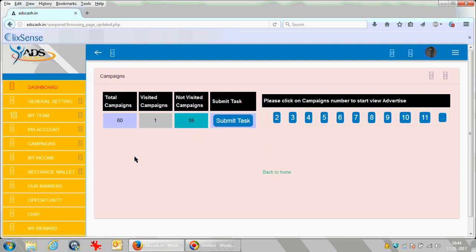Actually, for my package, the 24,000 present value package, I have to get only 30 links. Since I have joined 2 other people on my down link within 20 days, Booster has been activated for me and I am getting 60 links per day. So by this, my earning capacity has doubled. Since the first link has been clicked, now I will show you. You just go and click on the second link.